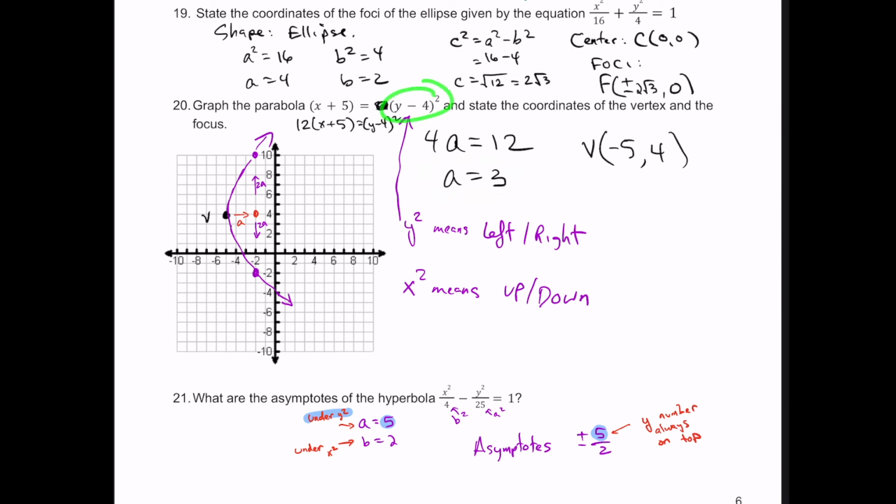Now, since the y is being squared, I know that this is a left-right equation, and since a came out to be positive, I know it's going to be to the right. So how much to the right, though? Well, that's where our a is going to help. So we're going to go over 3 from the vertex and put a dot there,